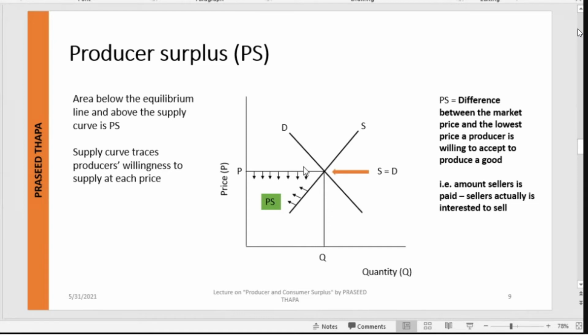So what is producer surplus then? अघि त हामीले बुझिसक्यो कन्ज्युमर म यति तिर्नको लागि चाहिँ रेडी थिएँ तर म चाहिँ यति तिरेमा चाहिँ मलाई पुग्यो त्यही कमोडिटी तिर्नको लागि, that is your consumer surplus. Now what is producer surplus? Producer surplus is from the perspective of the producers obviously. Now see, it is the difference between the market price of the commodity and the lowest price a producer is willing to accept to produce a good. भनेको चाहिँ यो चाहिँ के हो त, it is the difference between how much amount is paid to the sellers and how much is the amount that actually the seller is interested to sell his or her product. जस्तै मैले चाहिँ के भयो त जस्तै म चाहिँ 100 रुपैयाँमा बेच्नको लागि रेडी थिएँ ओके तर मलाई चाहिँ इक्विलिब्रियम प्राइस चाहिँ मलाई त 120 मा पुगाइदियो भनेपछि हामीले के